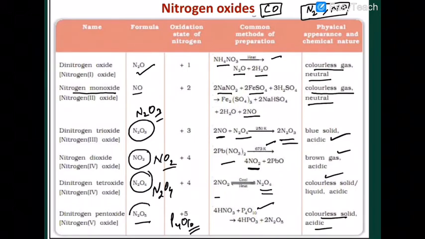So N2O5 and N2O3, I am repeating once more, both are pure anhydrides, while NO2 and N2O4 are mixed anhydrides. What do you mean by that? It means that if you take NO2 or N2O4